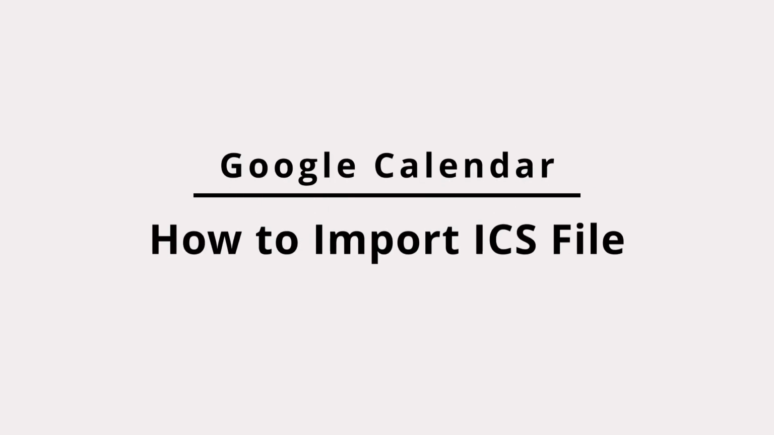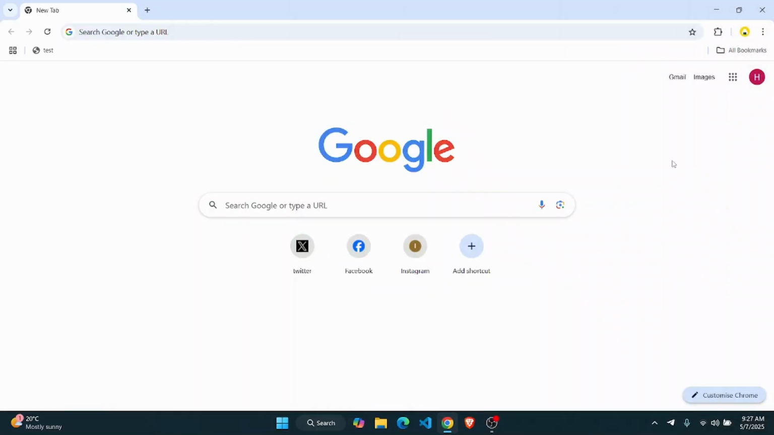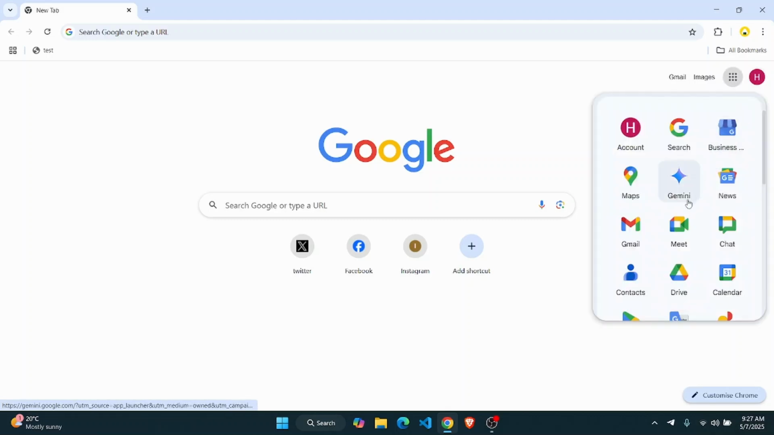How to add ICS file to Google Calendars. In this video, I'm going to show you guys how you can easily add any ICS file to your Google Calendar. First off, open up Google Chrome and find the Google Apps icon right beside your account, and then simply